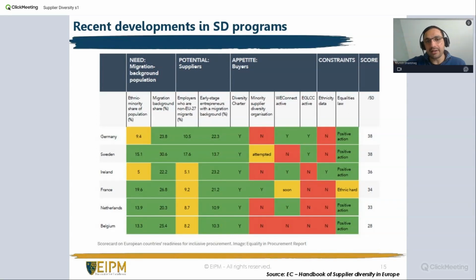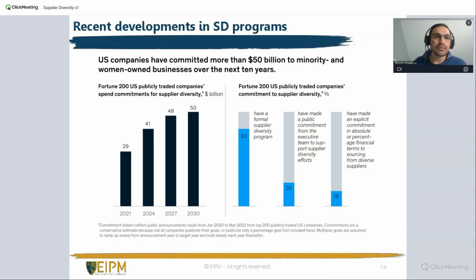They're getting better and better. There are some positive actions coming up, which is a good thing. So there is potential, there are plenty of opportunities to increase and diversify your supplier base within the supply chain. We are not yet there, but the potential is there, and there are positive actions coming up.